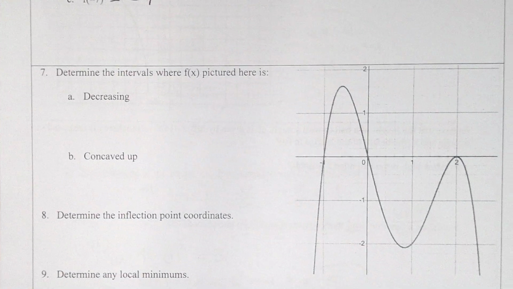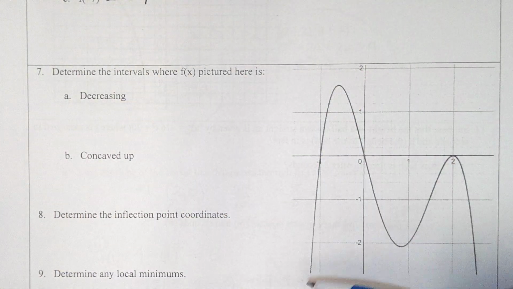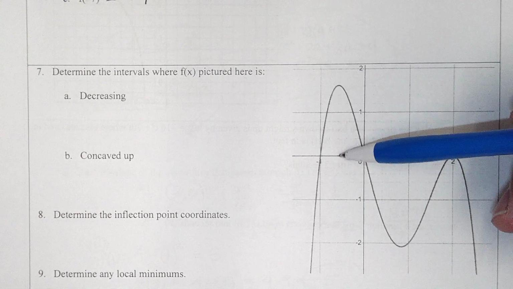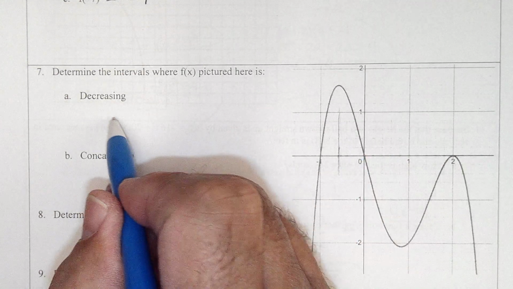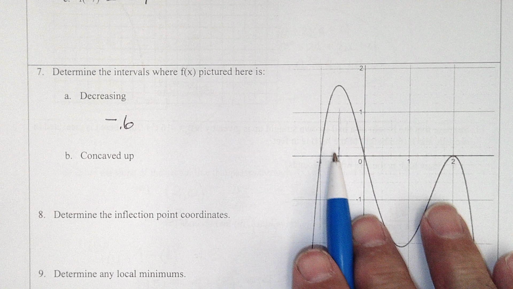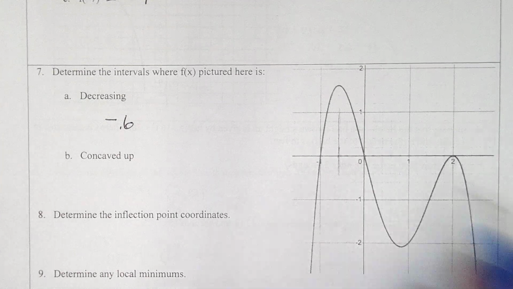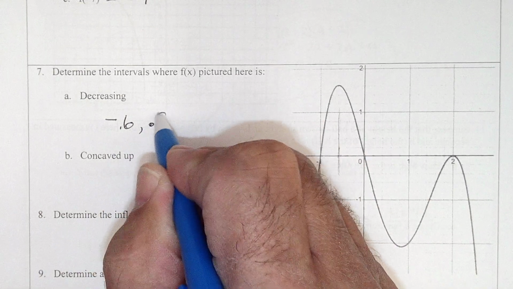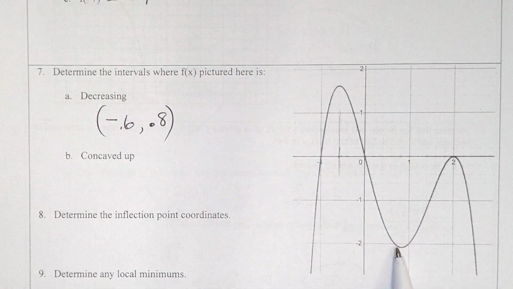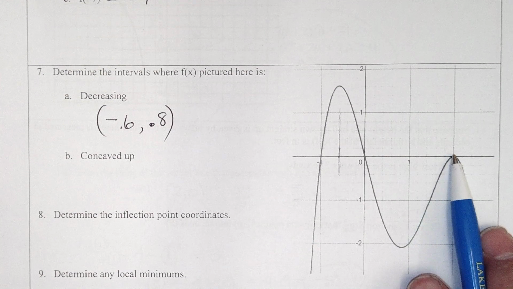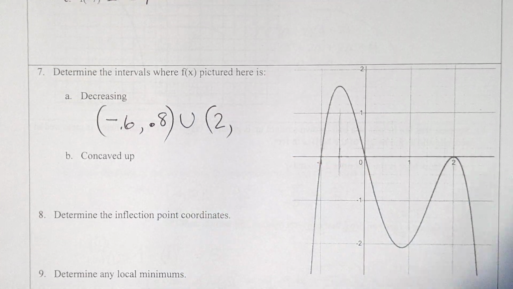All right, this one. When is it decreasing? Well, if we go left to right, it's increasing up to about this place. That looks like about negative 0.6 in the x, and it decreases all the way till x becomes about 0.8. So on this interval, it's decreasing. Then it increases until we get to 2. And from 2 to infinity,